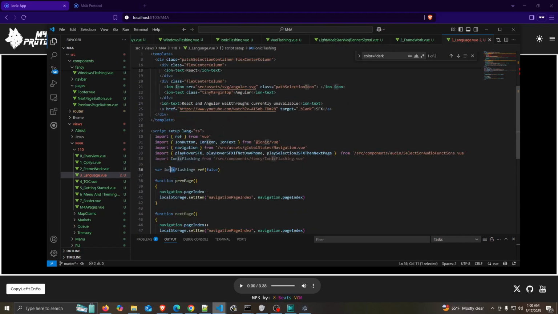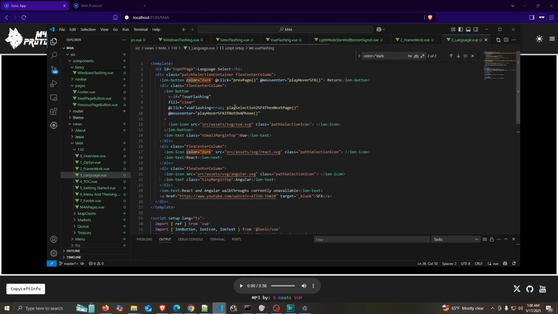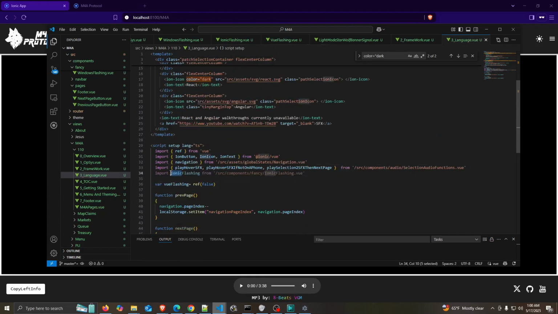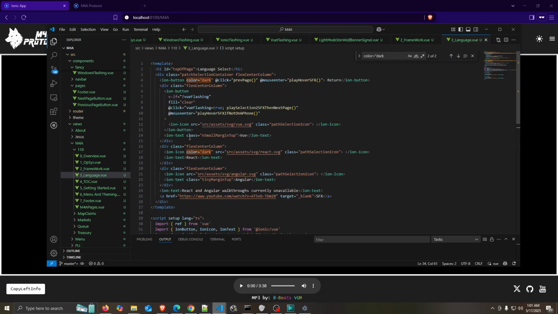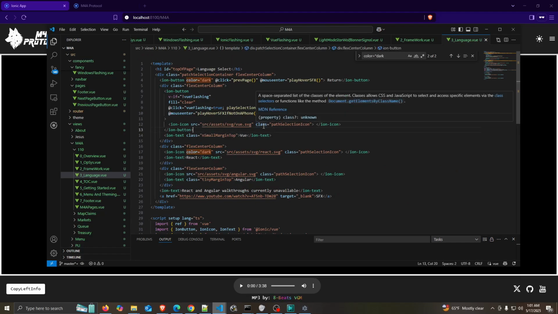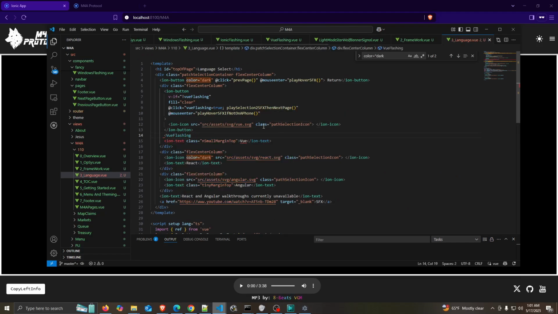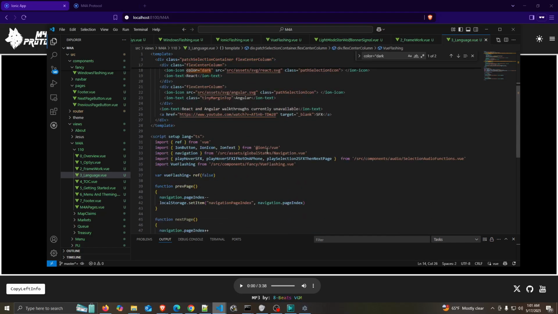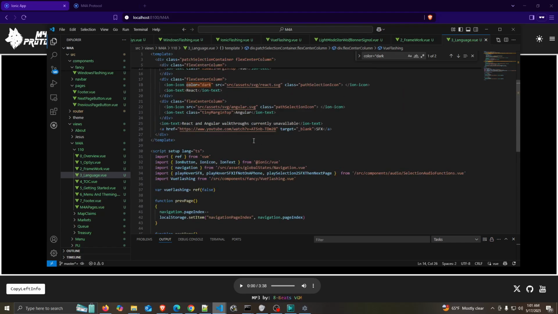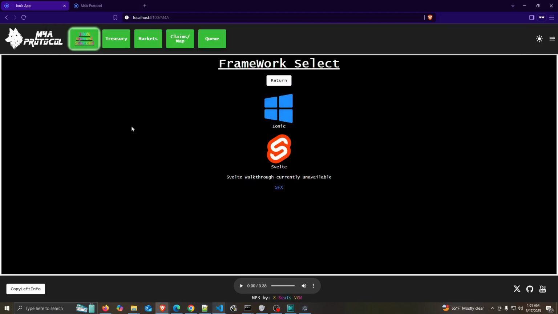All right, and this is the second sound effect. Vue flashing, and then down here. Okay, I think that's about it. I think we just need to set up our